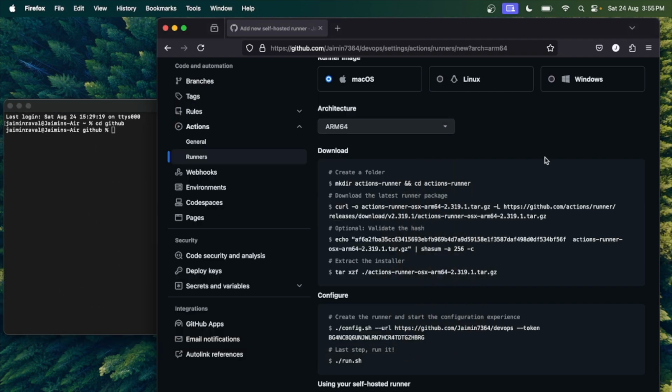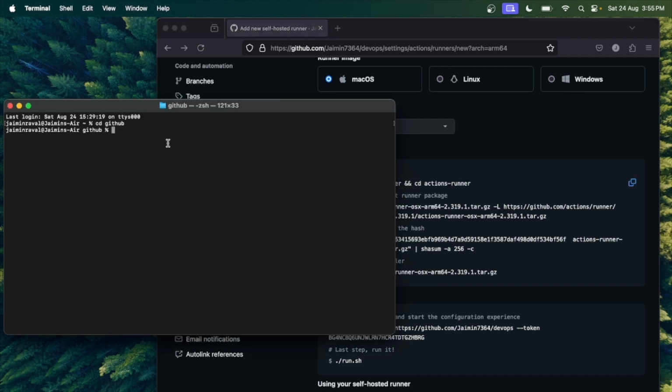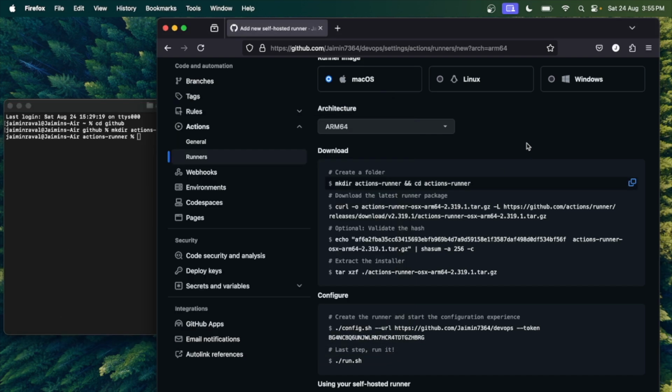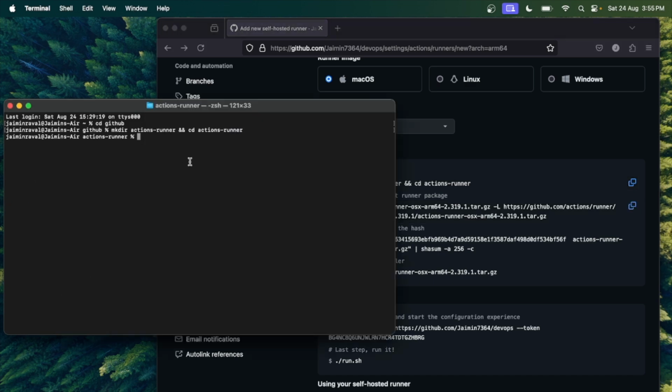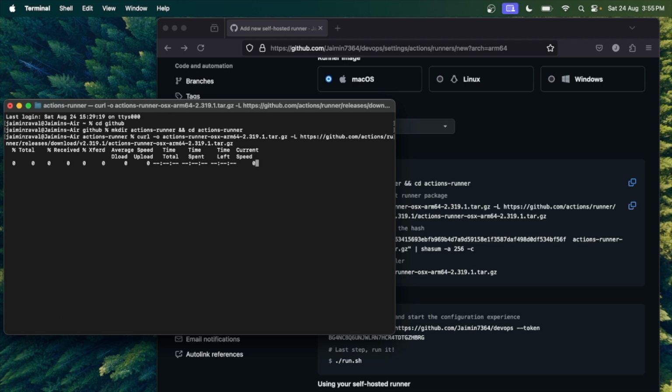Now go to the commands and copy the first command, then paste it in our terminal. Now copy this next command and paste it like this.